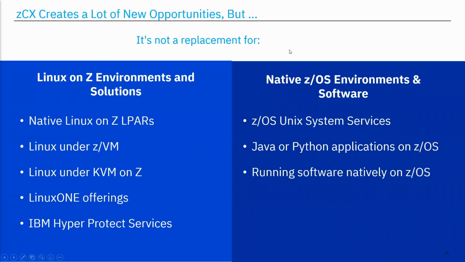Okay. So before we get on too far, let's talk about what zCX is not a replacement for. Just because an application can run on Linux on Z doesn't mean that I'm automatically going to run it in zCX. Remember the operative word, on the second slide of this pitch: indirect support of zOS workloads. So if I have native Linux on zLPARs, or Linux under z/VM, or Linux under KVM, or LinuxONE offerings, or even Hyper Protect services,